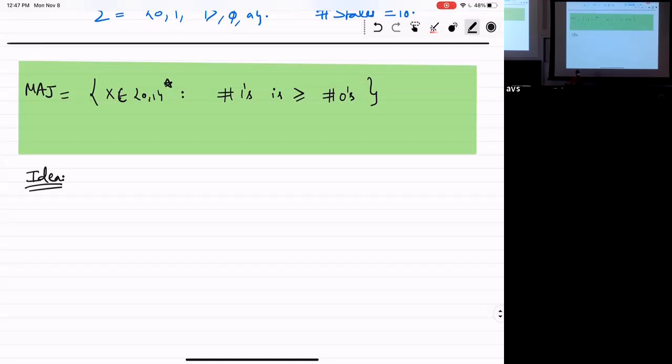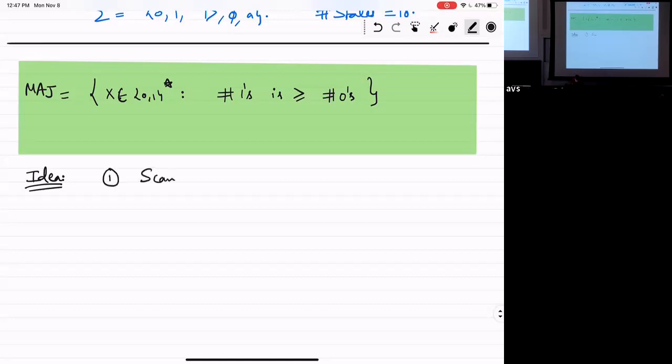This is like how maybe my 4-year-old daughter would try and compare things, right? If I give her 4 candy and I take something, then she'll really move things around to check which is higher, right? So that's exactly what the Turing machine is going to do.